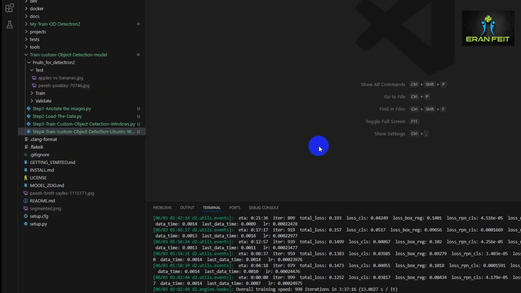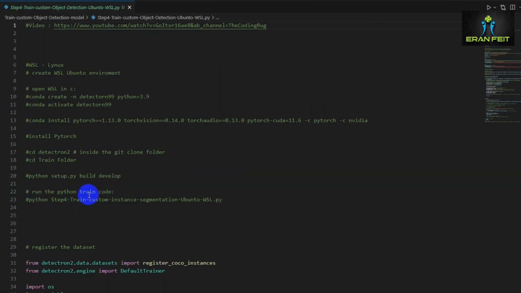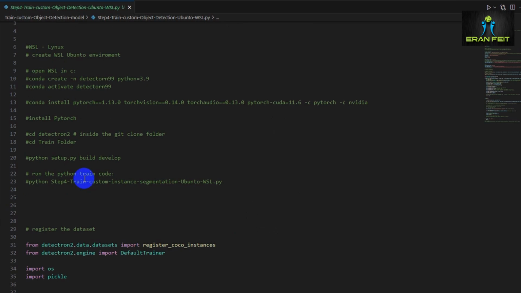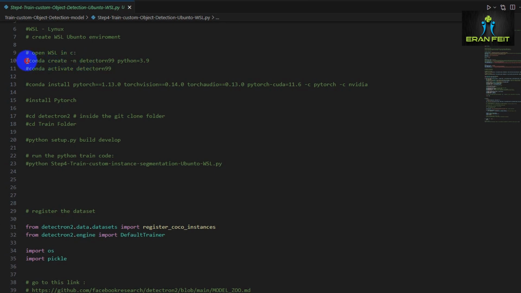Before we continue to testing our model, I add a bonus code here, and in this code, as you can see, you can run the same training on a Linux machine. And basically, running on a Linux machine will use the GPU card in your machine, so the training will be faster. If you have a Windows, you can install a WSL Linux on your Windows. And after you install this WSL Ubuntu environment, I left here some instructions how to set up the process before the training. And in order to do that, you should create an environment in your Linux environment and then activate this environment. I name it, just for example,